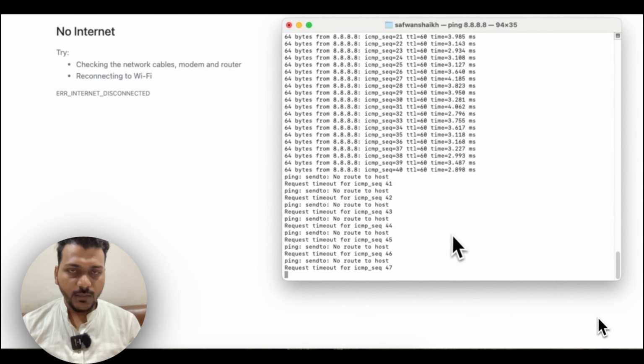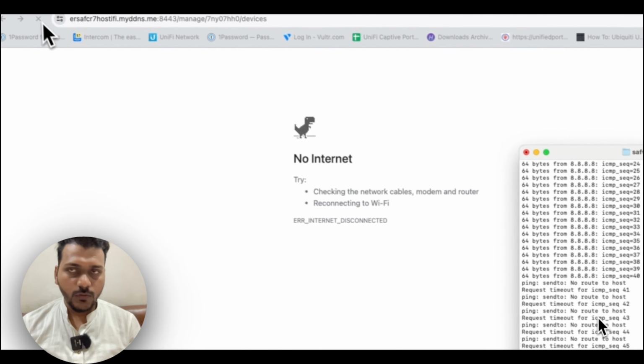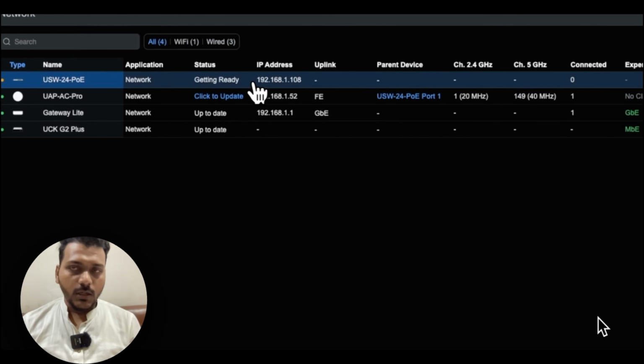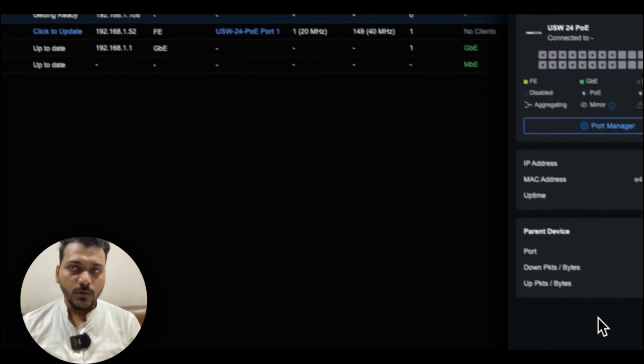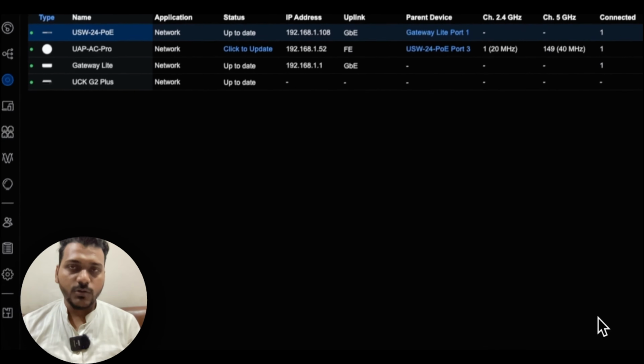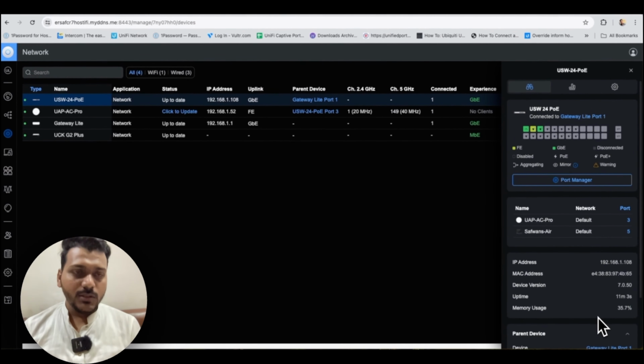So I will check the terminal. As you can see, request timeout. So my switch and that access point is provisioned. The switch is adopted. The access point is adopted, and now the switch is also adopted. So this is how you can simply adopt the UXG Lite to the cloud hosted controller like HostiFi